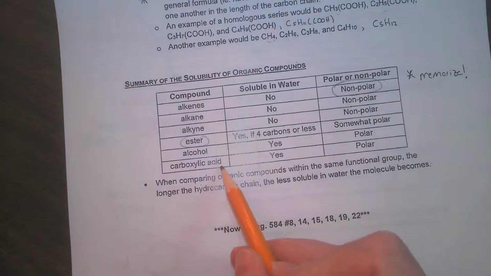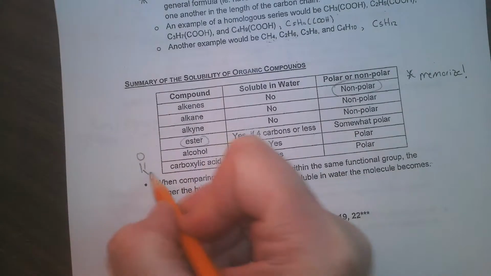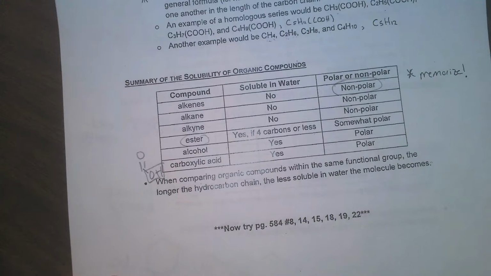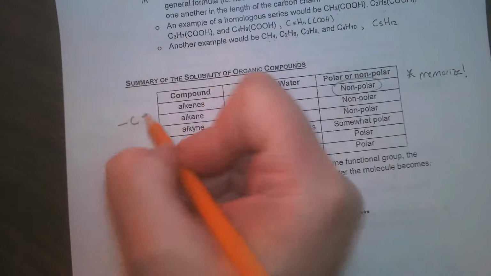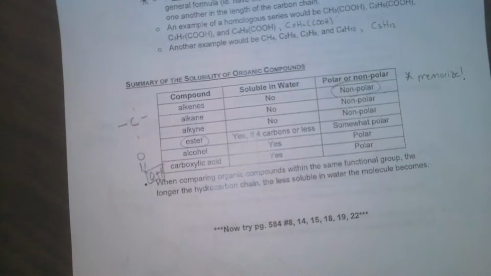A carboxylic acid has that group. It has that OH group in there, that polar piece. So yes, it's soluble. Does an alkane have a hydroxyl group on it? No. You have to have an alcohol group, a carboxylic acid group, and if it's butane and lower, you can be an ester. If it had a hydroxide, that would just become an alcohol. Exactly. So then what